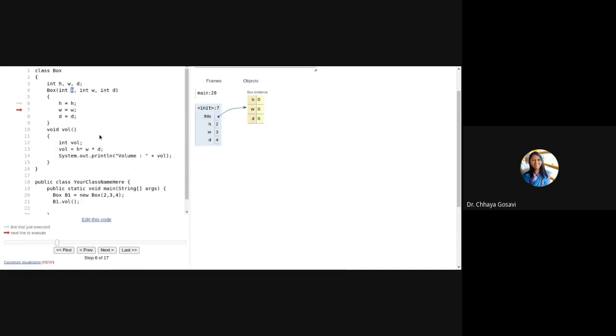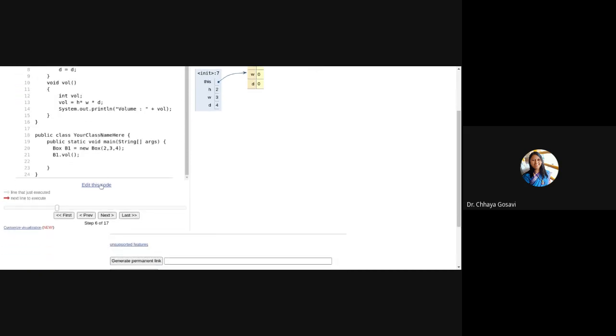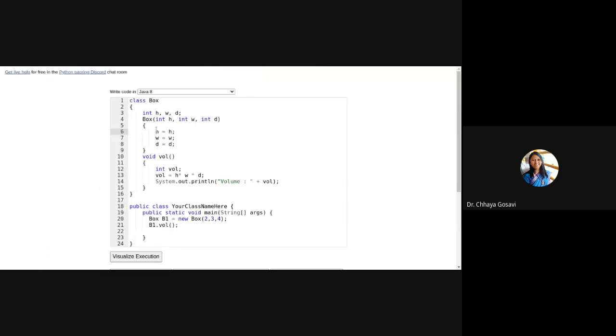So to make the compiler clear, to avoid this misunderstanding, we'll use the this pointer: this.h, this.w, and this.d. It will make the compiler understand that this h, w, and d are the variables of the class, or instance variables of the calling object, and these h, w, d are the parameters that we are passing to the function.